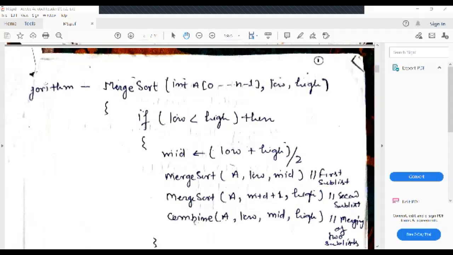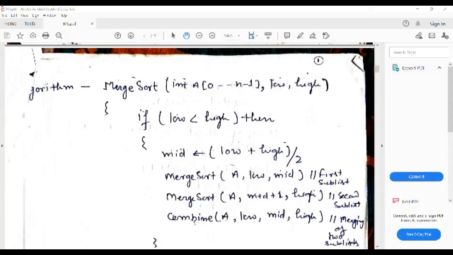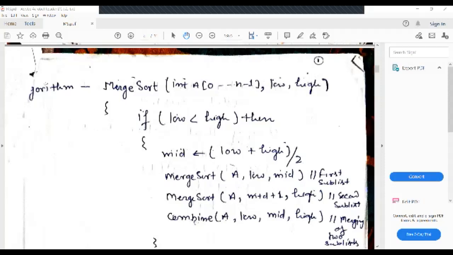Like you have seen in binary search, first you find the mid position, and after finding that mid position, we recursively solve either the first half or the second half. Again you apply the same kind of policy to either the first half or the second half sub problems. This is how the recursion is working. Merge sort is also based on the divide and conquer approach.